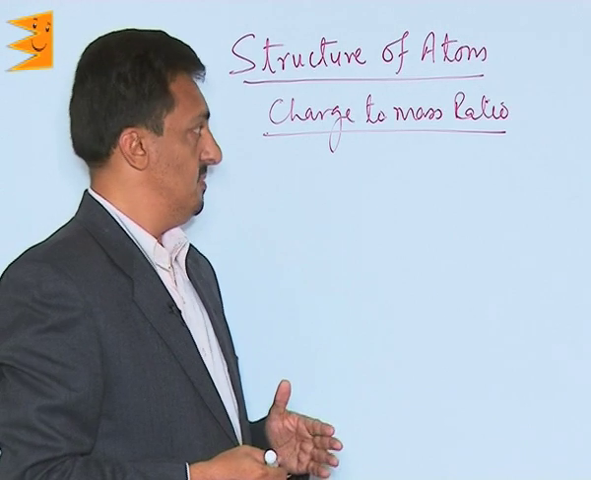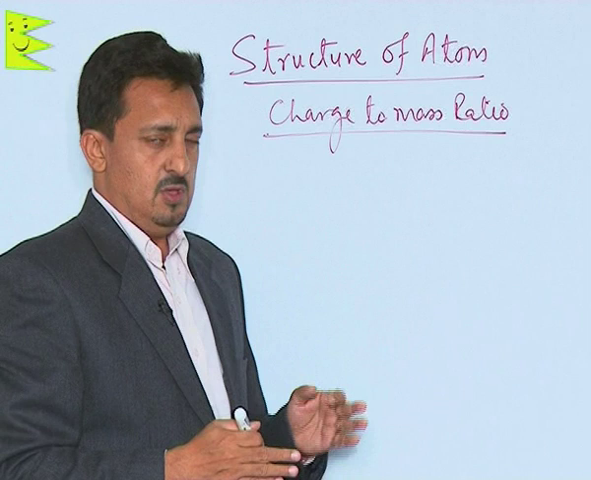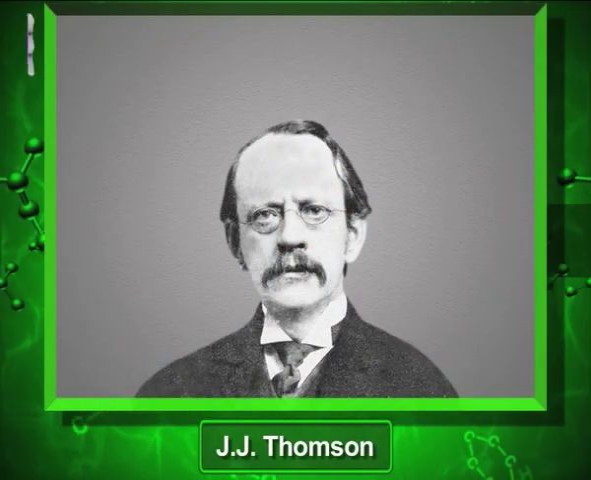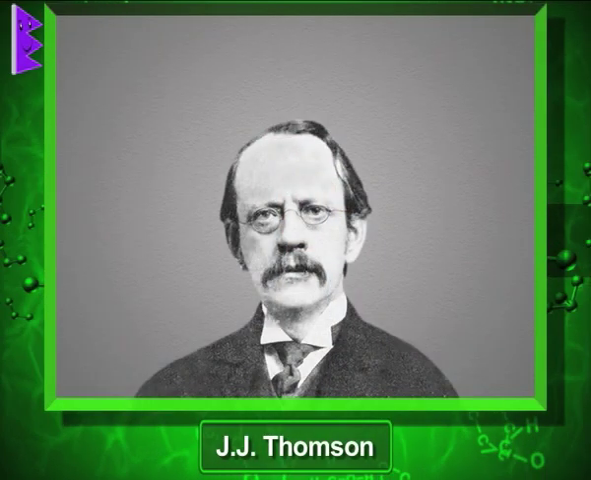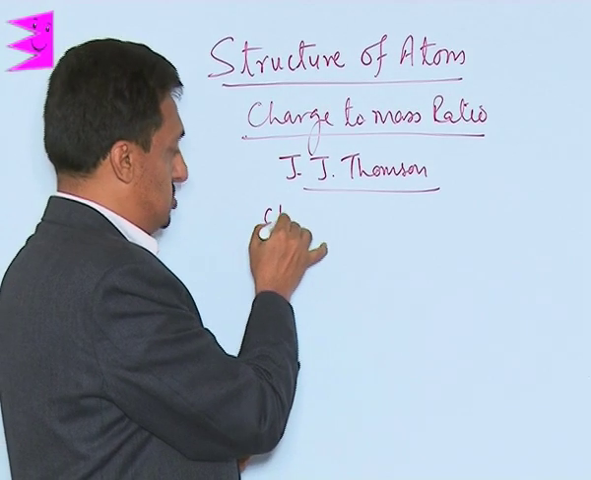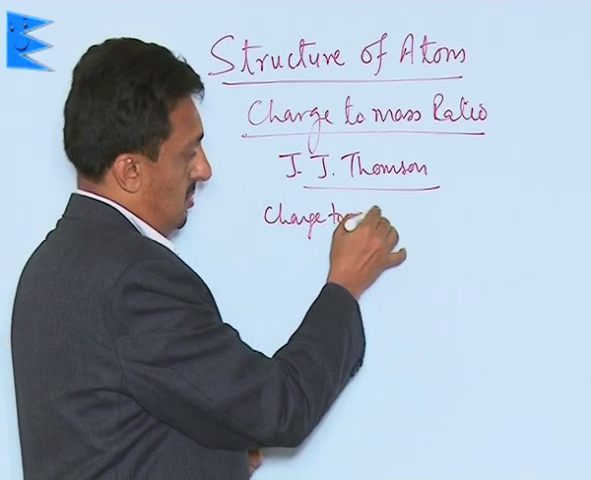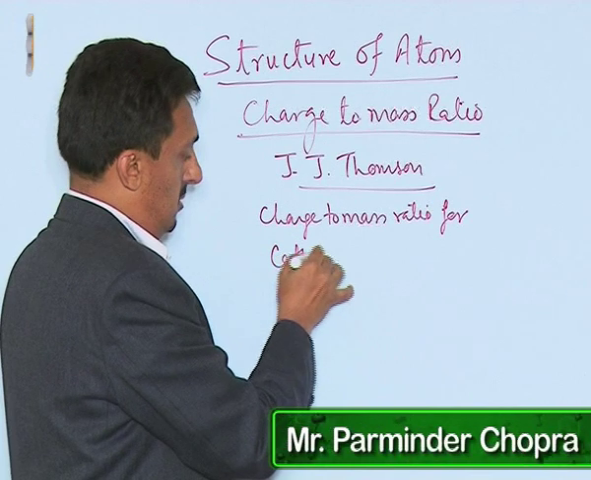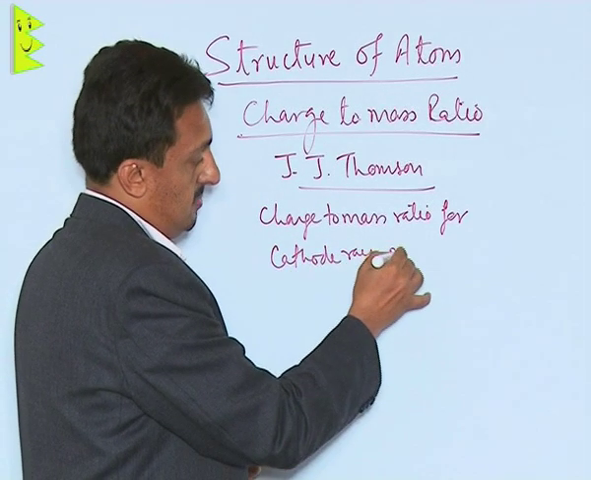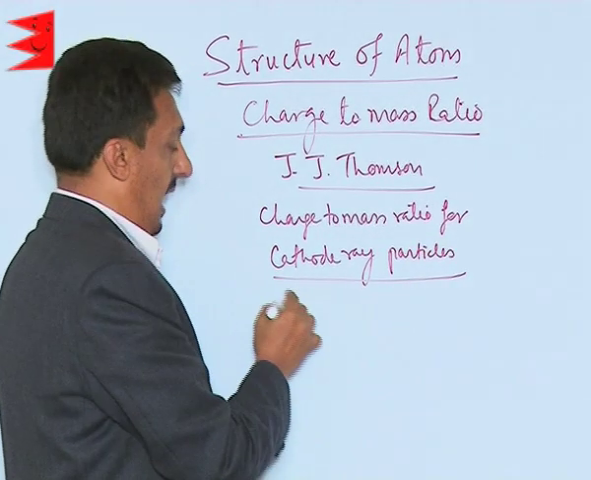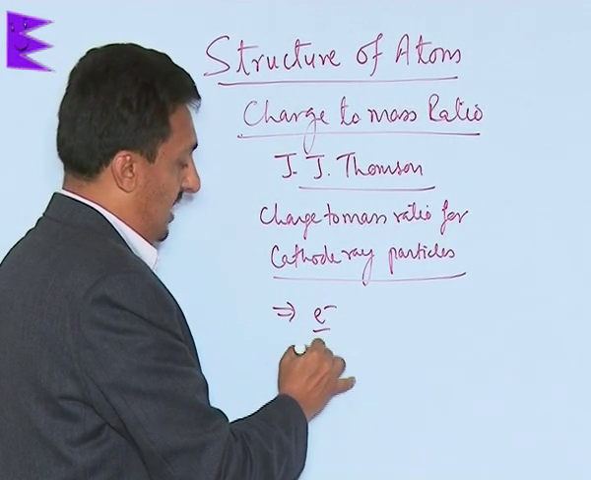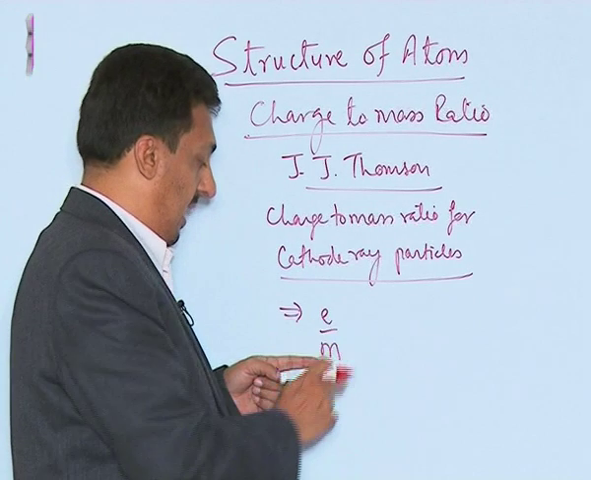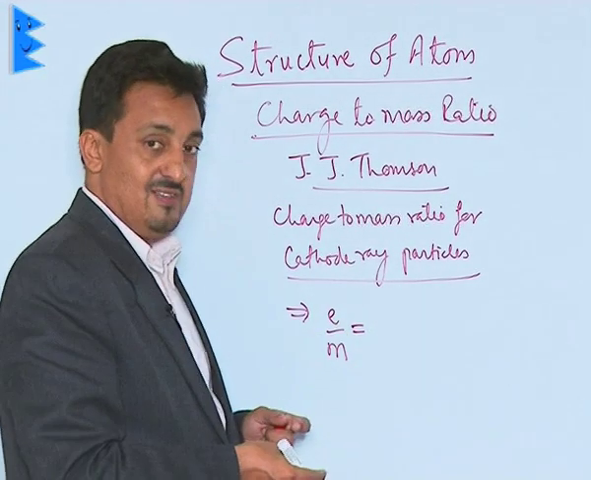Charge to mass ratio. For every charged particle, the most important property is its charge to mass ratio. It was J.J. Thomson who did a number of experiments to find out what exactly the charge to mass ratio is for cathode ray particles, and it was concluded that the charge to mass ratio, where e minus is called the charge and m is called its mass, was found to be